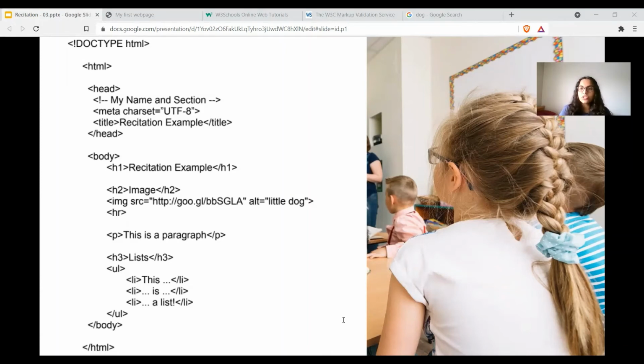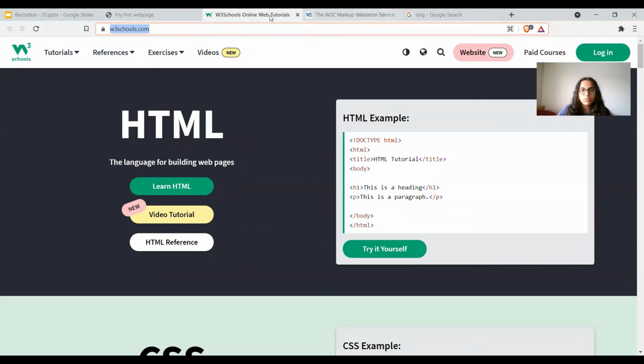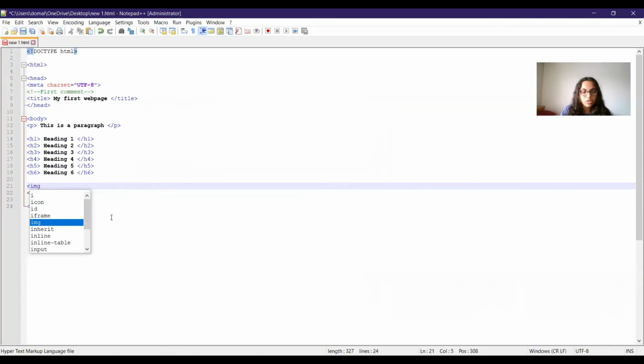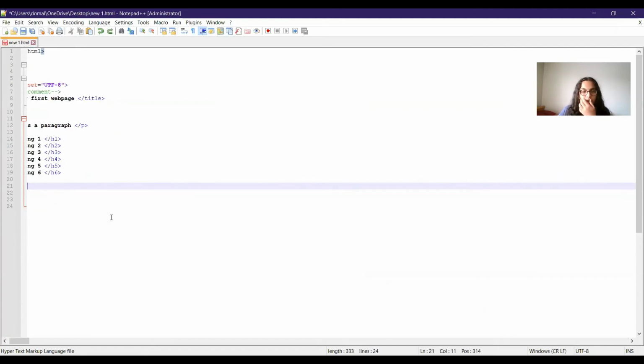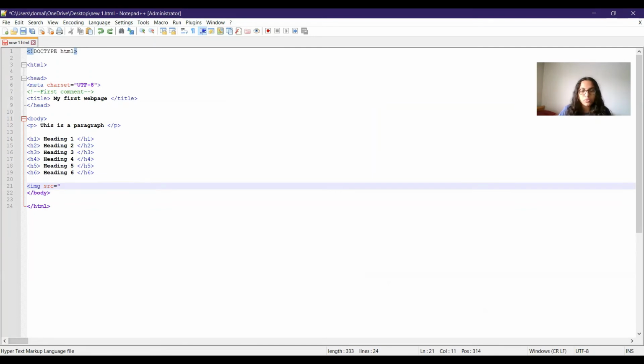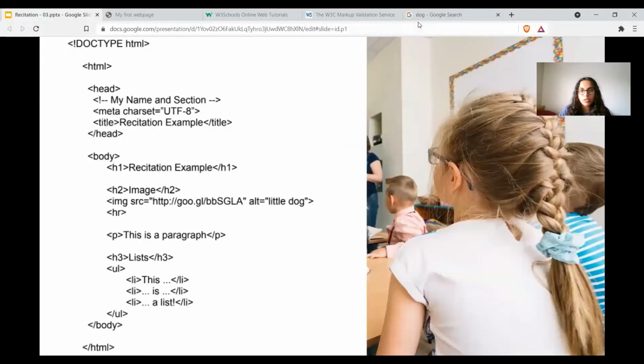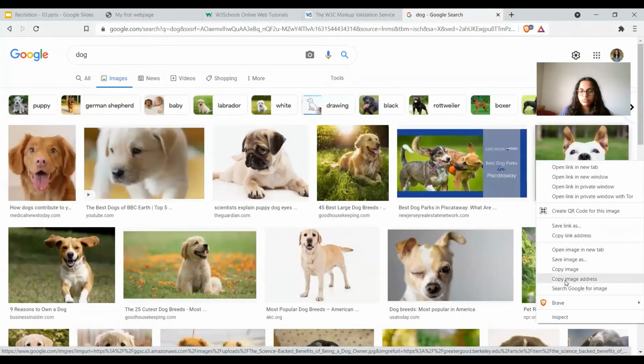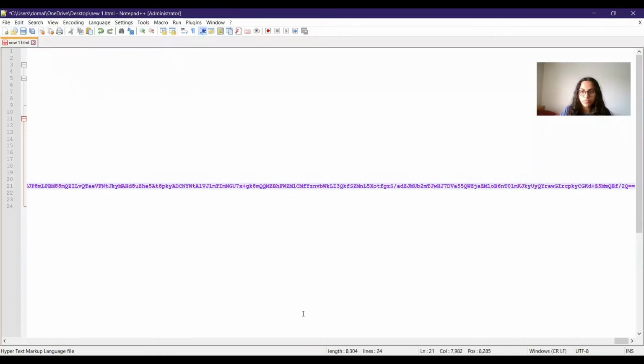Let's try to take an image from the web and embed it into the HTML page. So I'll just take this website. I'll write img and I'll write src, and then in double quotes I will mention the link of the image. Then I can write alt, and then I can write the alternate text, which is dog, and then close the